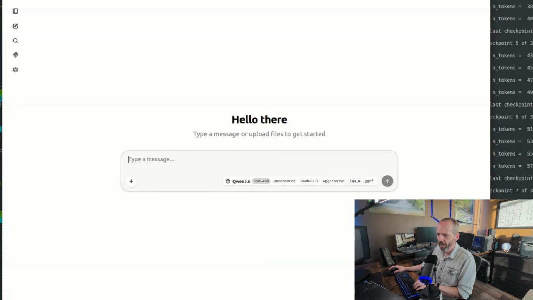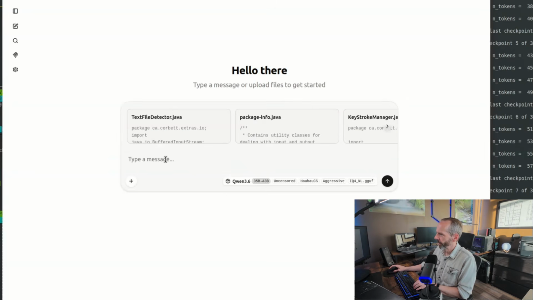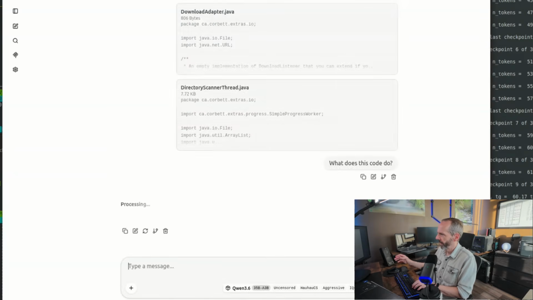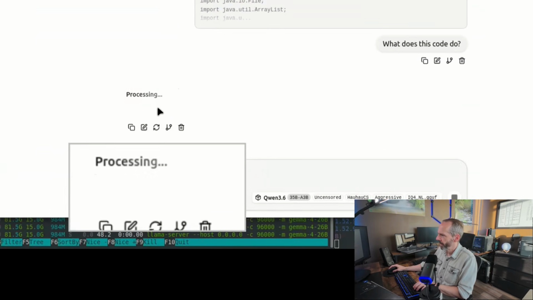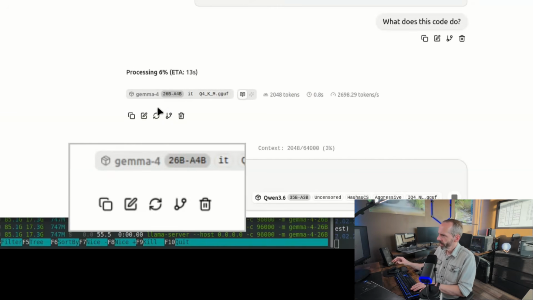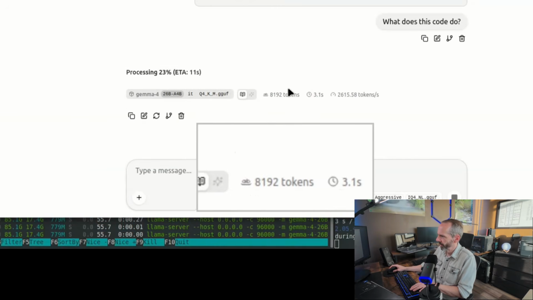16 Java source files totaling 150 kilobytes, drop it into context and say, what does this code do? Again, I don't care about the answer. I just want to see, as it reads the code, how many tokens it consumes to process that much source code. So here we go. We're 10%,